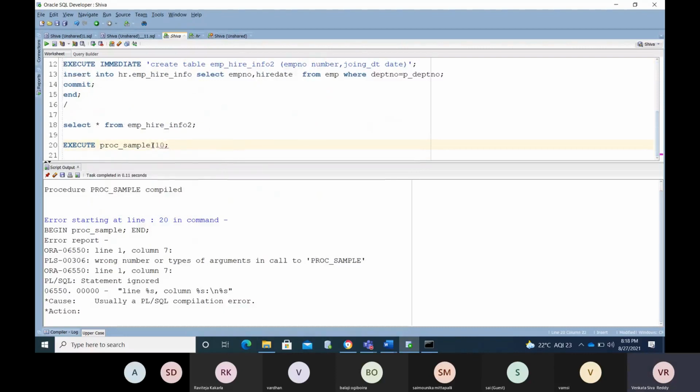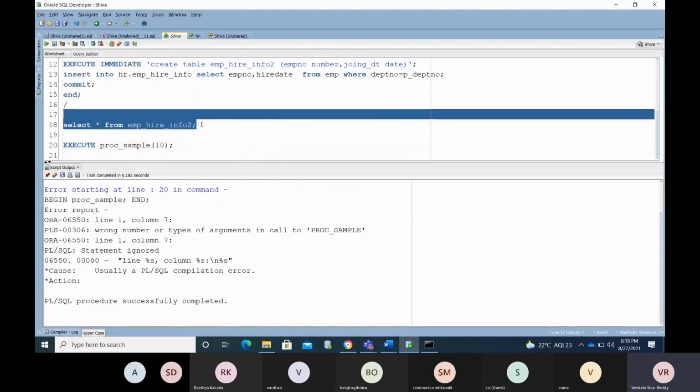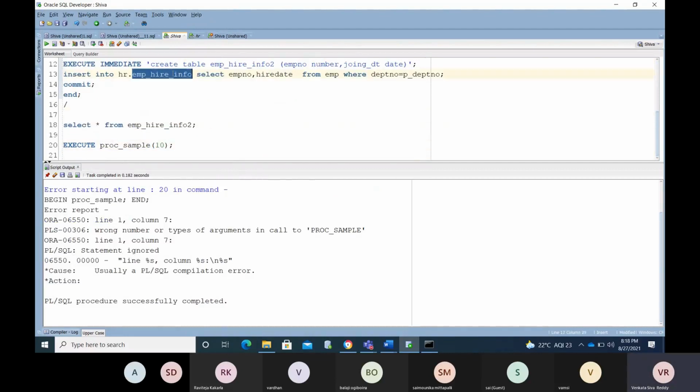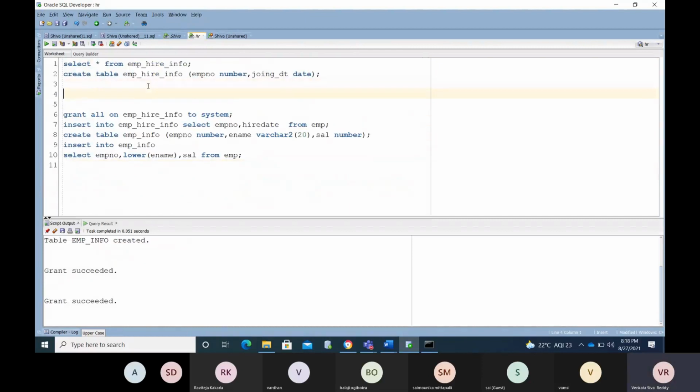If I pass 10 here, the data will get inserted. Check here whether the data is inserted or not. So in the HR schema, I'm checking, and I'm truncating the data.